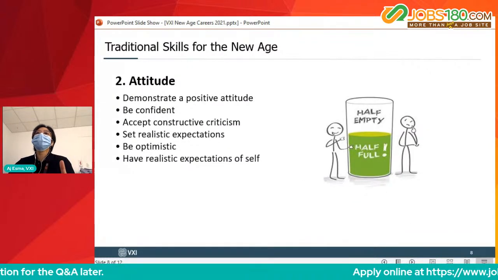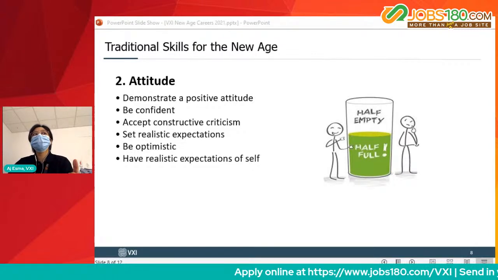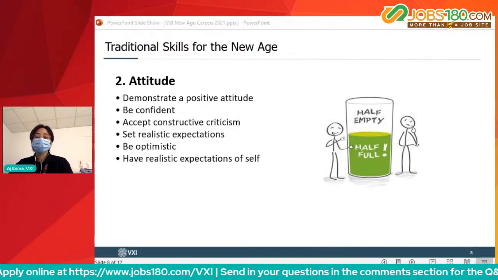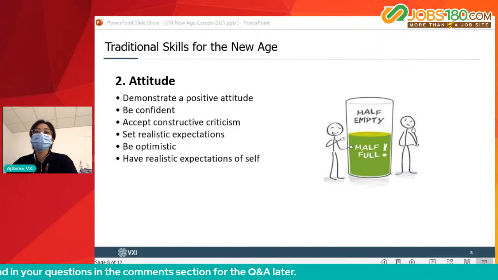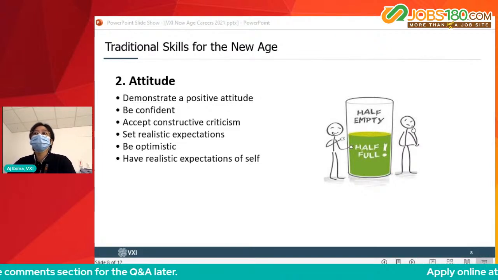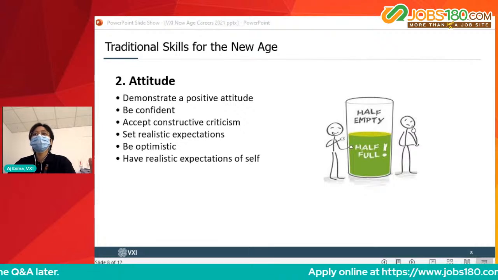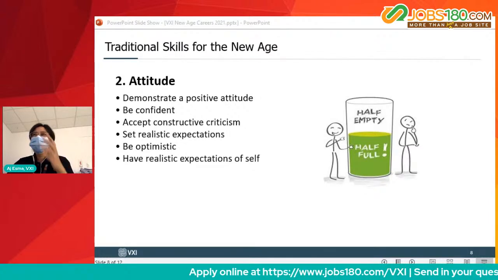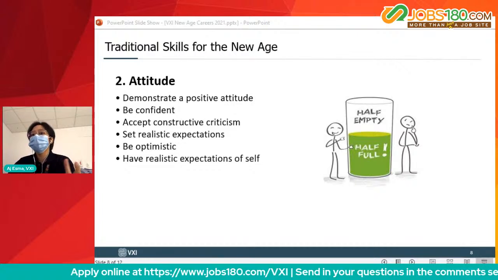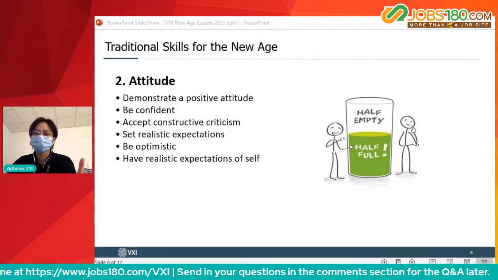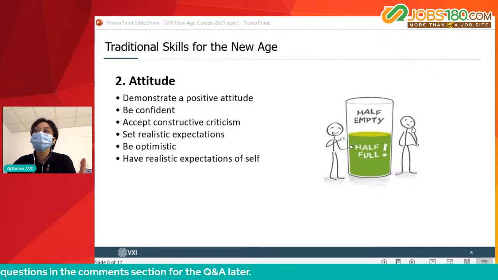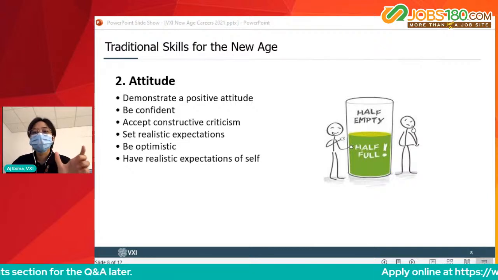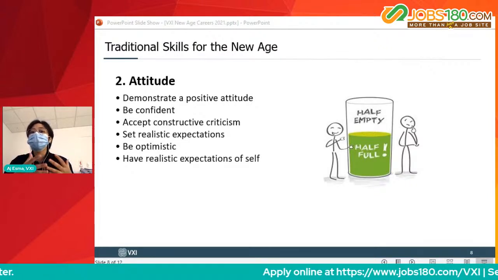Okay, so next we have the attitude. Kanina there was a bit of discussion on taking in feedbacks. So I would like to reiterate that and say something about that as well. Here it says be optimistic and also have realistic self expectations. For me, it's very important to have at least, siguro, once a month one evaluation, a peer evaluation between you and the people you work with, because I'm always trying to be a better person. So it's very important for me to know the things I did right, the things I did wrong,